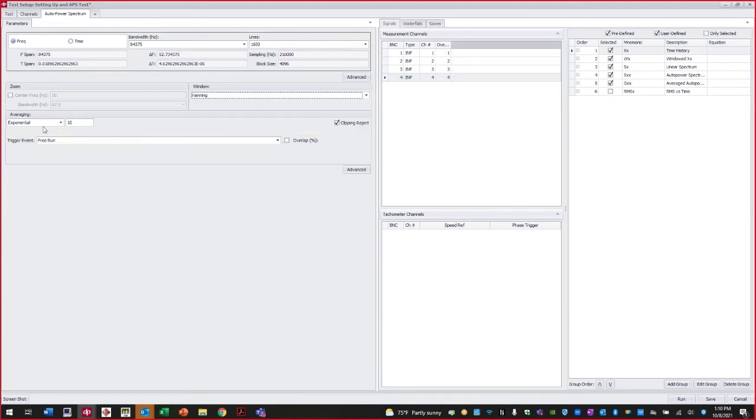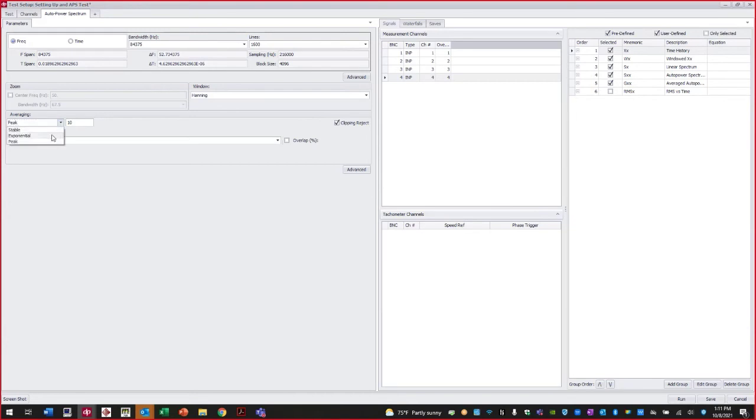Next, you input averaging here, and we have three types of averaging: stable, which is also called linear averaging; exponential. The difference between stable and exponential is that exponential is a weighted average, so that the most recent frame has more influence on the final average than the first frame does, as opposed to stable or linear averaging, which applies the same weight to each frame that is in an average. And then there's peak hold averaging, which allows the final FFT to show you what the peak values were at each frequency band for the entire duration